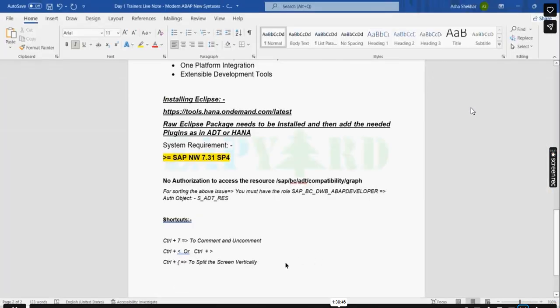I'll mention that also. So to split the screen horizontally,